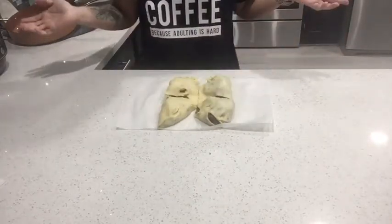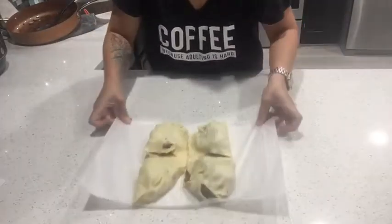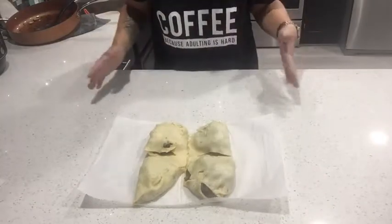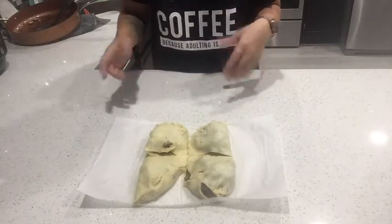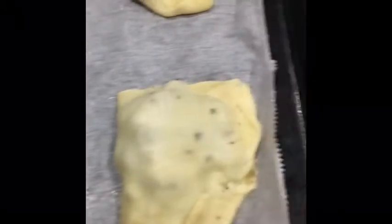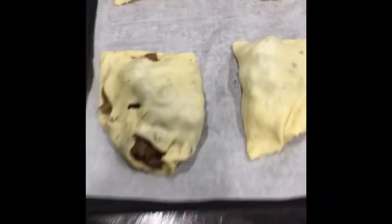Okay, so those are all sealed. Not super cute, but they work. I don't know if you can see that. So now I'm gonna put a cookie sheet with a clean parchment paper. I'm gonna put these, you know, separate a little bit on them, and then I'm gonna bake it. Okay, here they are. Just separate them enough so that they're not sticking together. I actually use the same parchment paper. Oh, by the way,